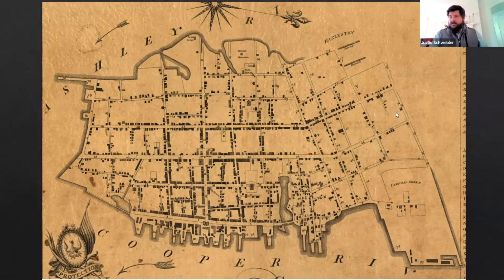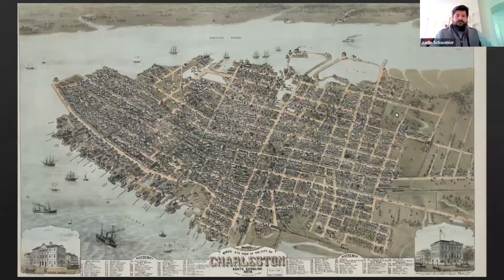into some of the archaeology in Charleston where Bermuda stone shows up. But by the 19th century, you can see, the city is completely blown up out of its original bounds. It's really started to expand almost to its modern day boundaries. This is in 1872. It's the bird's eye map of Charleston. And you can see even the landscape, the peninsula itself from those early maps has